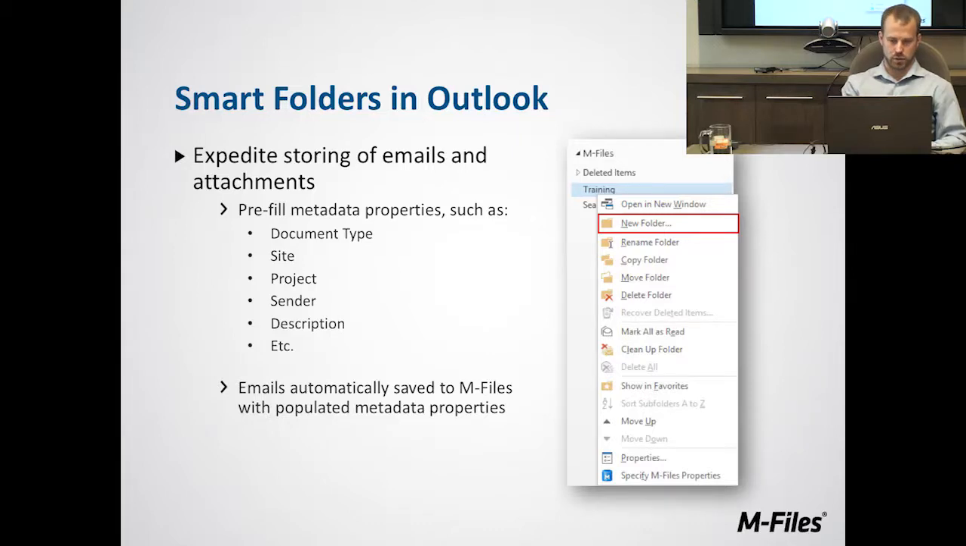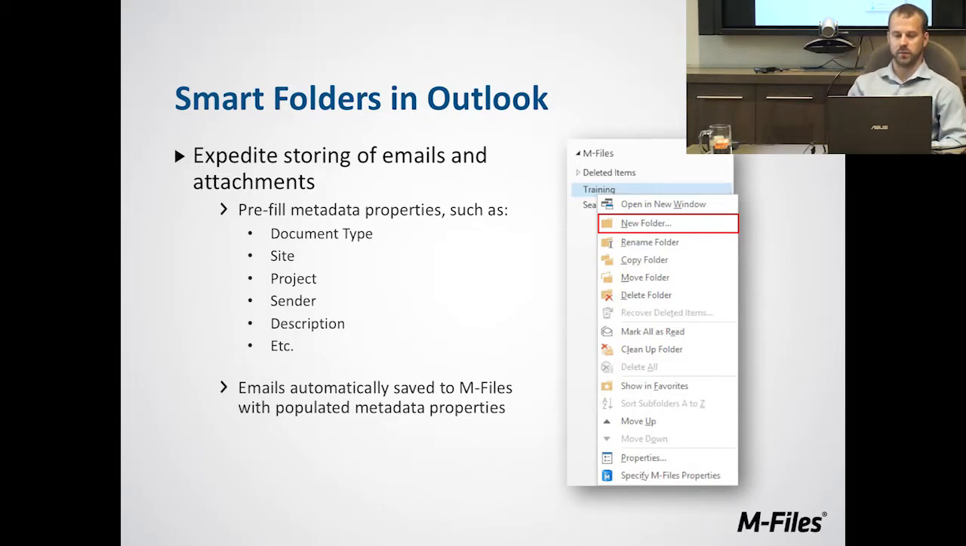In Outlook, I'm sure mostly everyone has their own folders created on the side so they can sort their emails and help find things later. You may have noticed at the bottom there was a new sort of folder created called Mfiles. So if you created a folder in there, you could then, at the bottom of the list, specify Mfiles properties